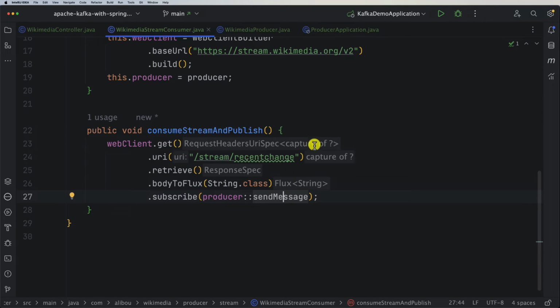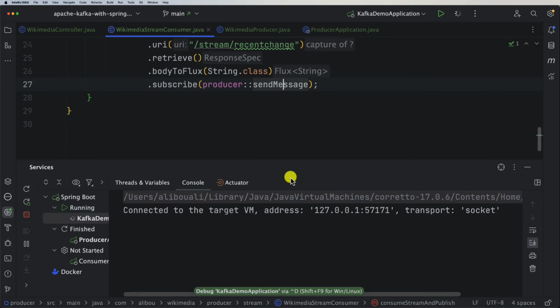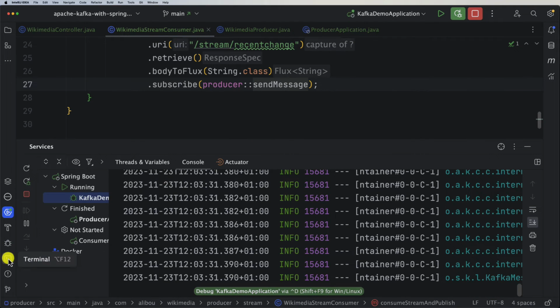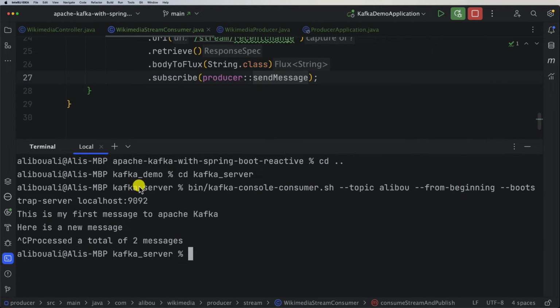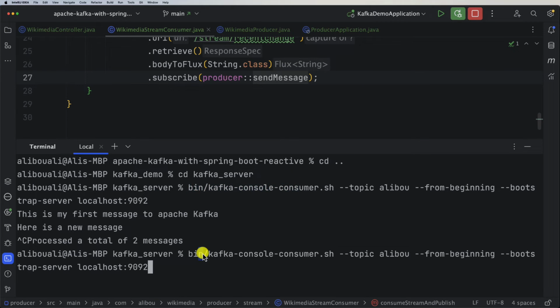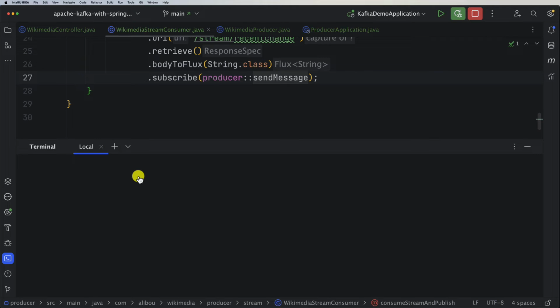Now, if we restart the application and send, we should be able to have the data published to our Kafka. Let's also give it a try. If I open back my terminal right here and try to consume the topic that we created, which we called Wikimedia dash stream, I will just hit enter here in order to have the stream ready. Now I will go back to Postman and just hit enter, and I'm expecting to see the data start popping up.